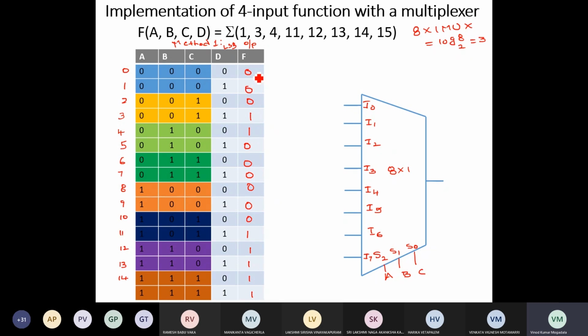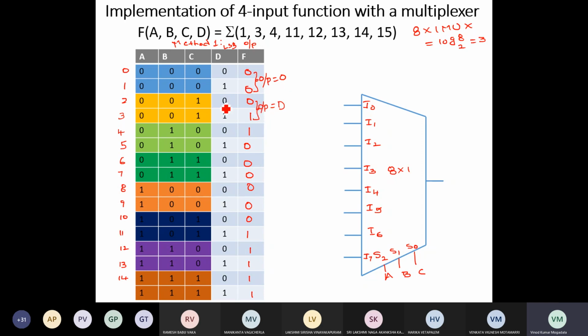So for these two rows, the output is simply 0 irrespective of the value of D. Now you see for these, if D is 0, the output is 0. If D is equal to 1, the output is 1. So in this case, the output is simply following D. For this case, output is simply 0. It is not depending on the value of D. So that's why we have written 0.